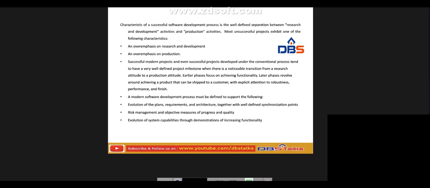Okay, so whenever you have to give the characteristics of a successful software development process, it is the separation between the research and development and the production. So it may be different for the research and development and the production. Okay, and